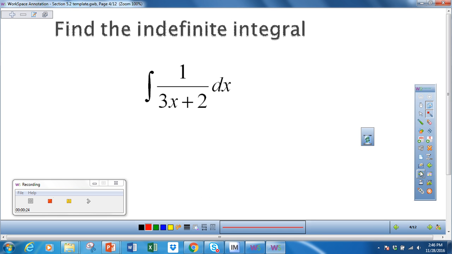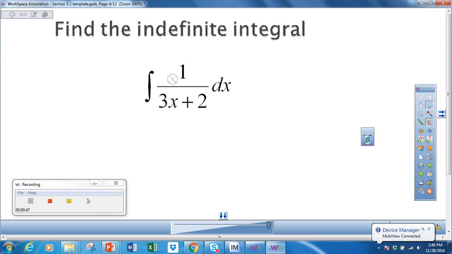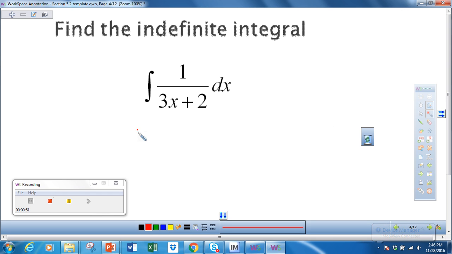Okay, so if we're given this problem, we have to find the indefinite integral. And by first guess, we want to try to use a u substitution. So if I were to use a u substitution, what should I make u equal to? Okay, so if I let u equal 3x plus 2,